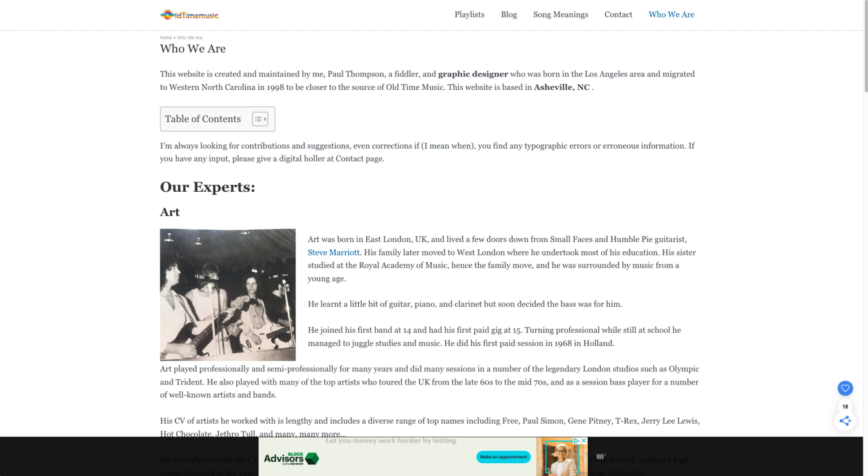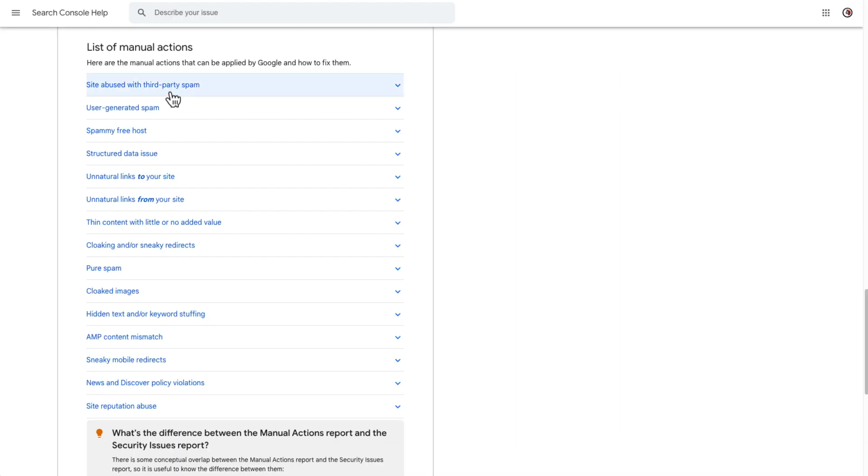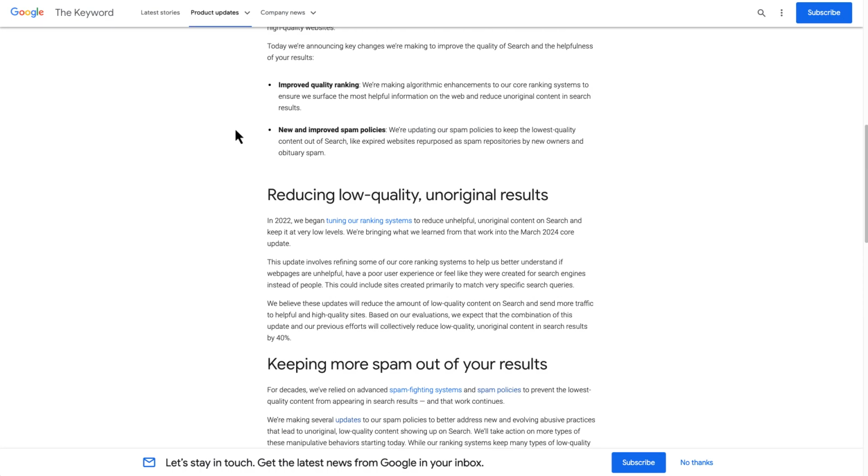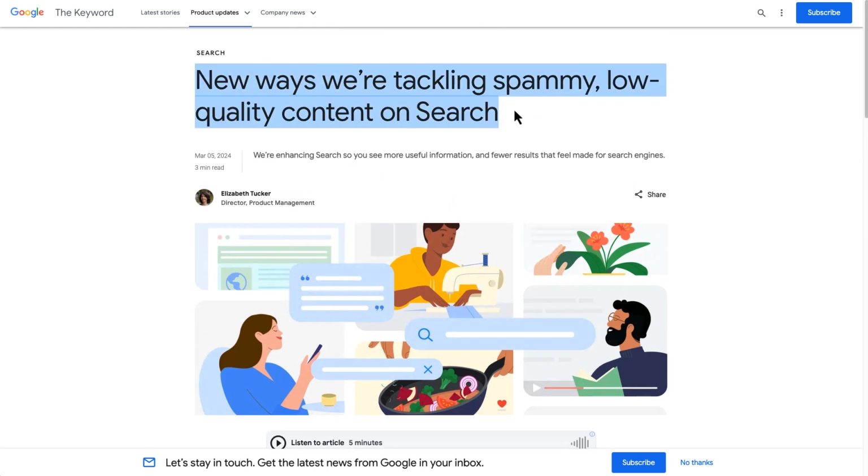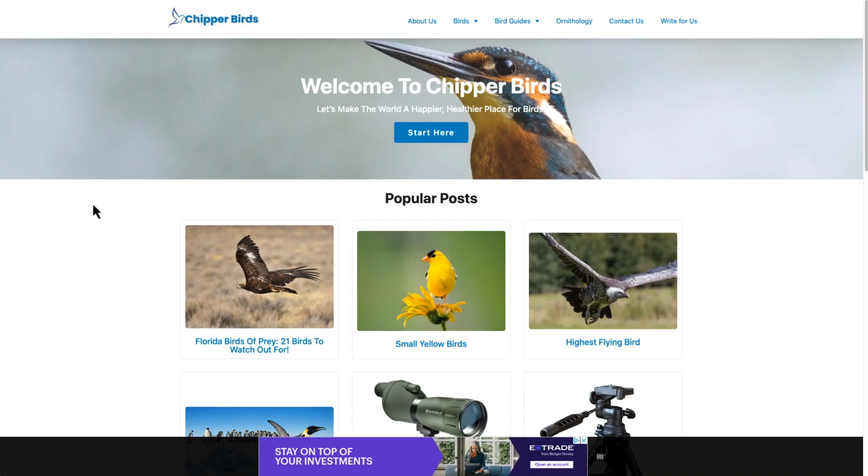When we're talking about these manual actions, because we're talking about a person actually being given a site or a page, most likely triggered by the algorithm, and saying, hey, check out these list of manual actions. Are they violating our policies? Not just these, all the policies that Google has listed. And we looked in that other video where we talked about this policy, and we looked at all the policies going back to 2005. Years and years and years, Google has been doing this, writing policies about their content. So we move on to the next one.